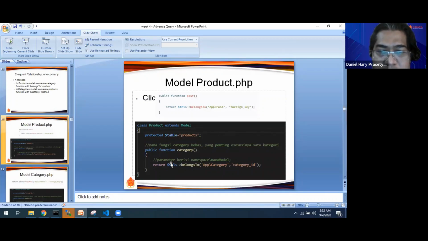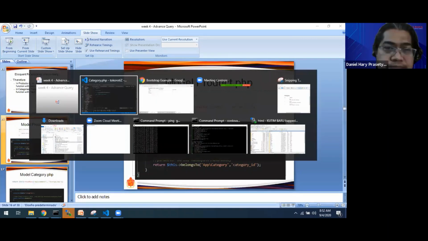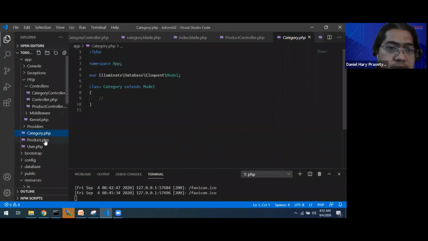Public function category, return this belongs to App Category with category ID, and for the link, create this function in class product. So we edit the product first.